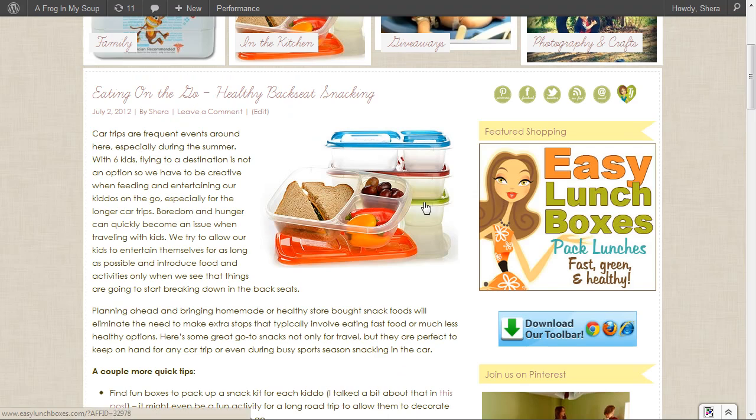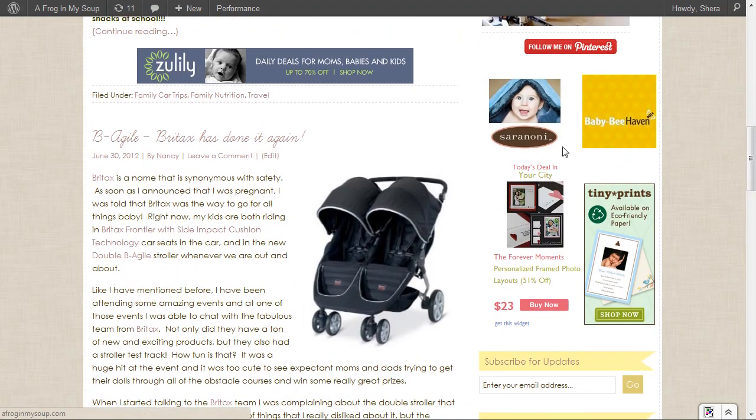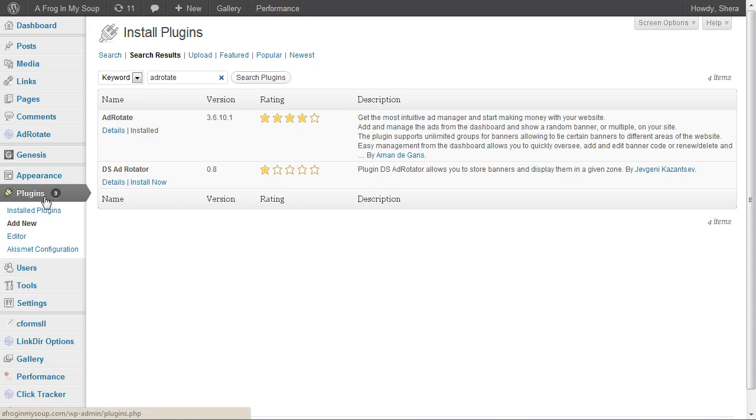Now then you have blocks. What a block allows you to do is to set up multiple groups of ads that run in a block of space. So I can have 4 of these 125 by 125 that run like this. Although I only have 2 running in that block right now, I could have 4. So what I would do is make one block, which I have done,